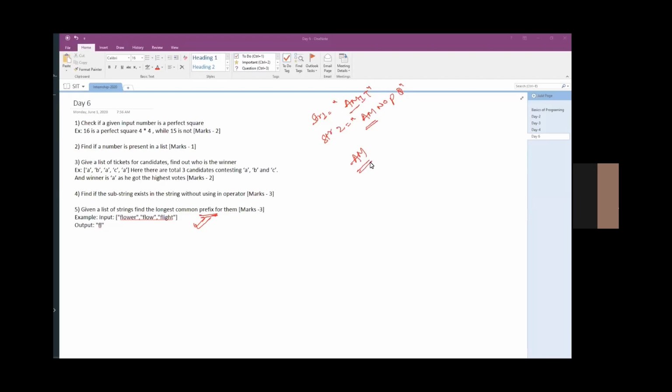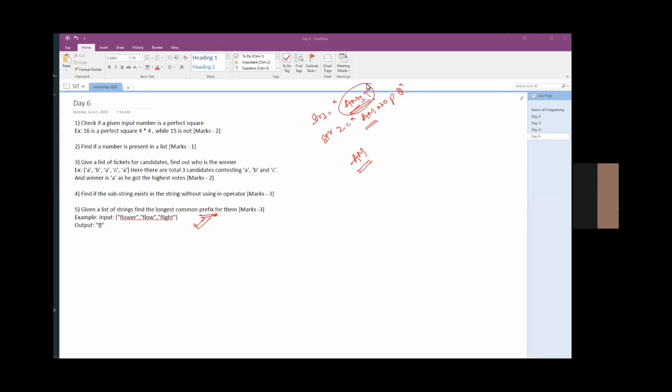You can go in a for loop or some loop. A few things to remember: when I'm going in a loop, I should be iterating till I have exhausted all the characters of the smaller string.